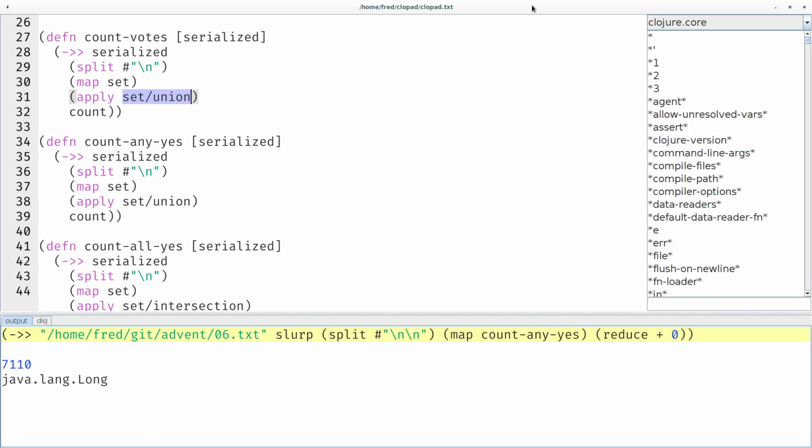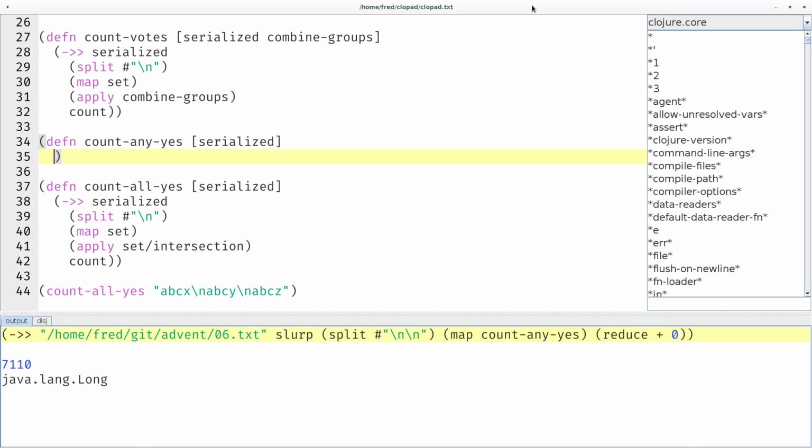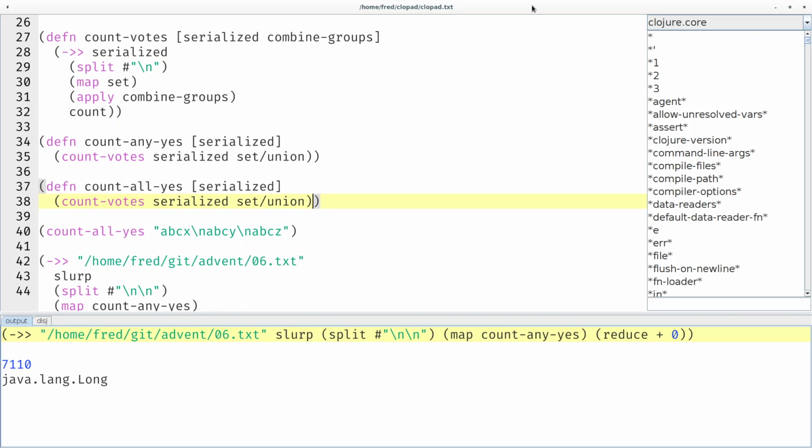We want to apply set union or set intersection. So let's abstract over that and call it combine groups. Then we have to pass that function, of course. And then the body of count any yes simplifies to count votes serialized set union. And the body of count all yes simplifies to count votes serialized